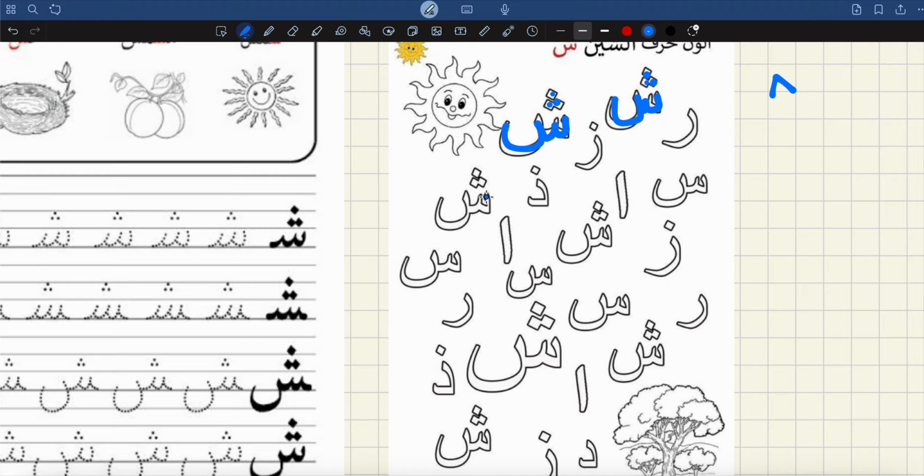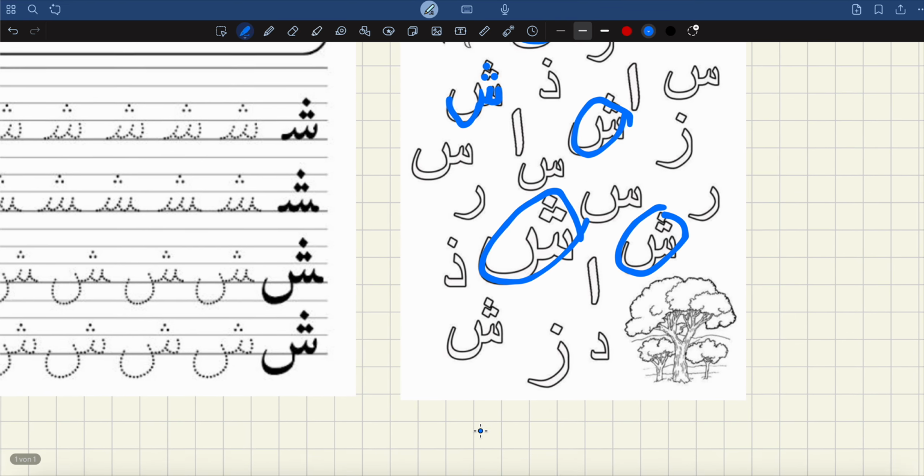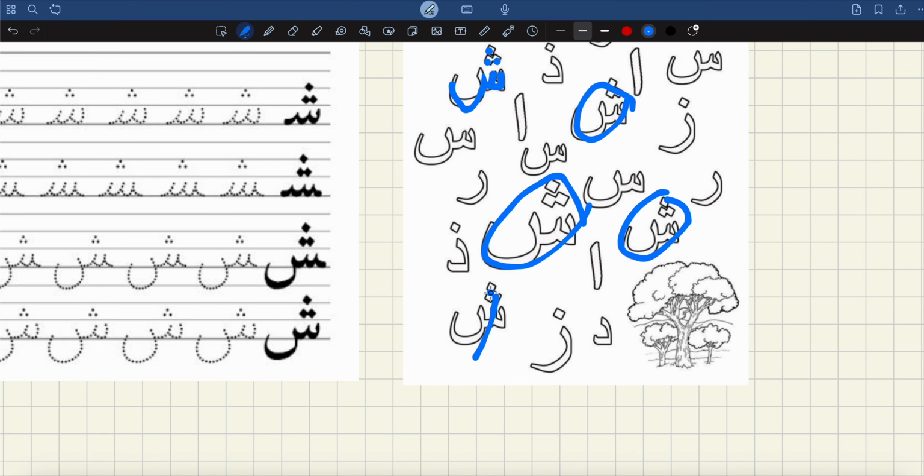This is Shin, this is Shin 2. This is Shin here. This is Shin 2. And this is Shin of... sorry, I will make a circle around it